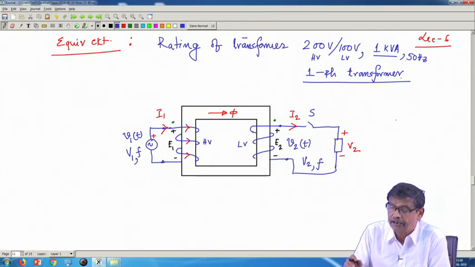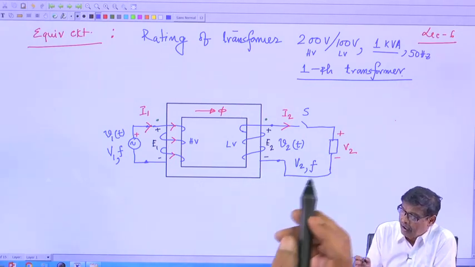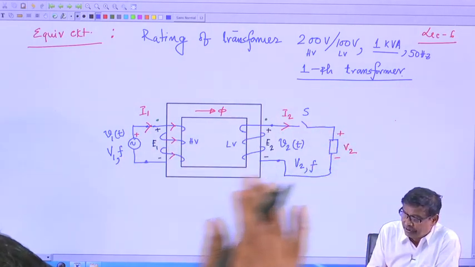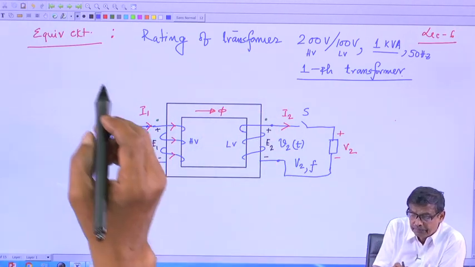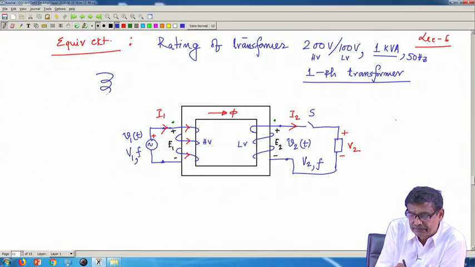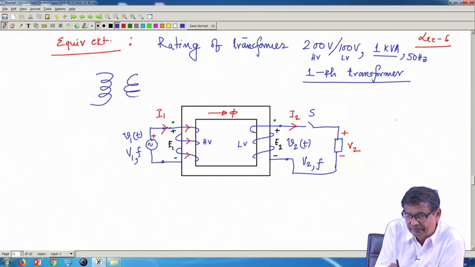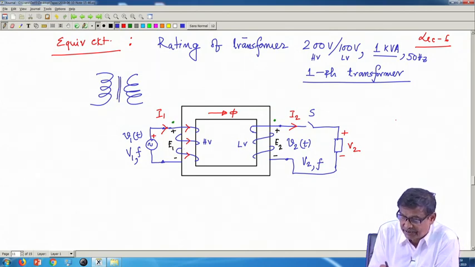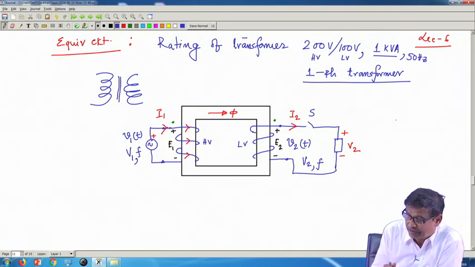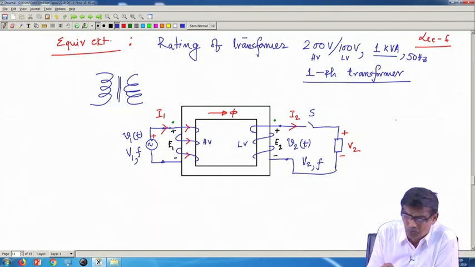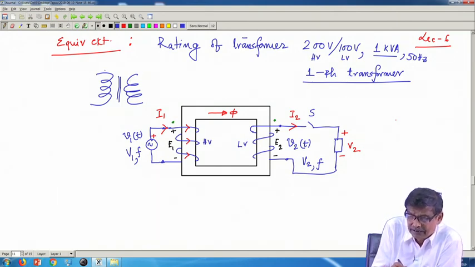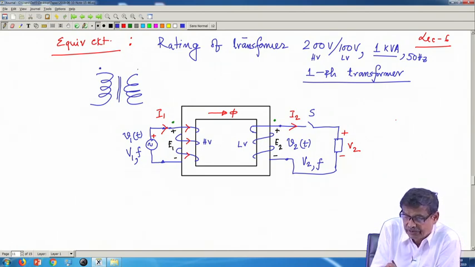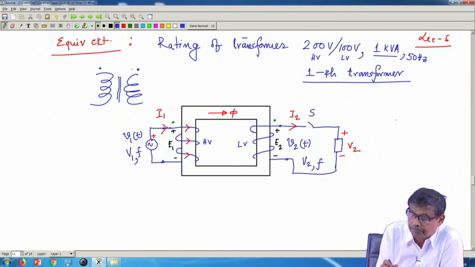From these numerical values, what do we conclude? Instead of drawing this elaborate diagram, I will simply draw two coils like this, and the core material may be shown by this vertical line. This is a simplified way of showing all these things. The two dots are important, I will specify them. Suppose this is the HV winding and this is the LV winding.